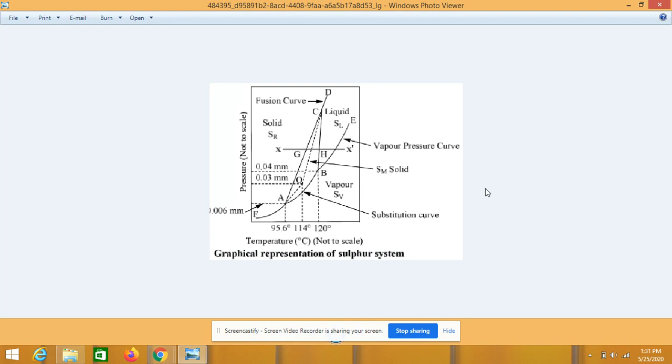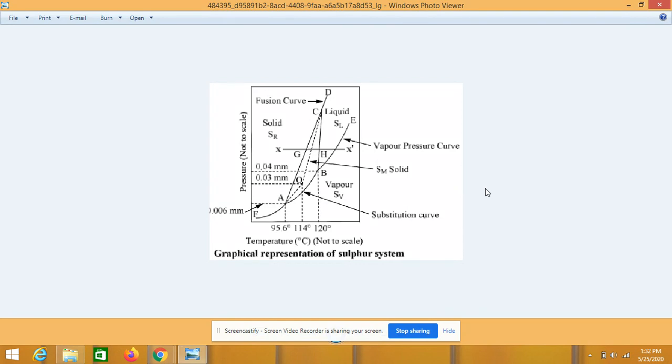The existence of a substance in more than one crystalline form possessing different physical properties is known as polymorphism. This phenomenon occurs both in elements and compounds. When it is observed in the case of elements, it is known as allotropy. Each polymorphic form constitutes a separate phase. The temperature at which one crystalline form changes into another is known as the transition point or transition temperature.